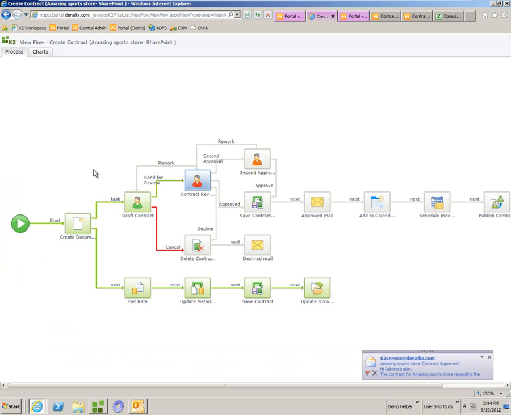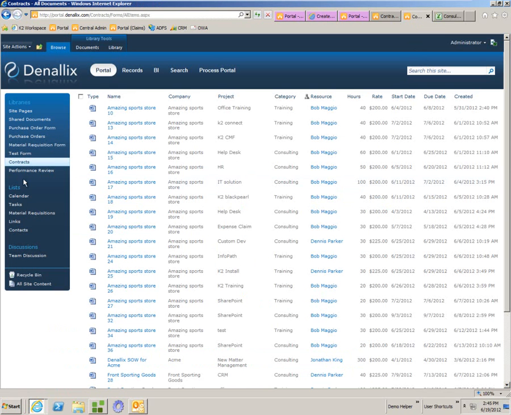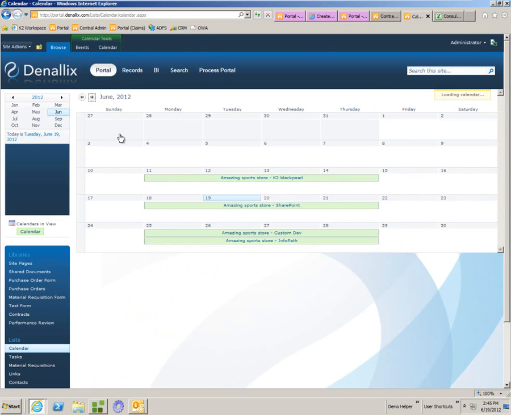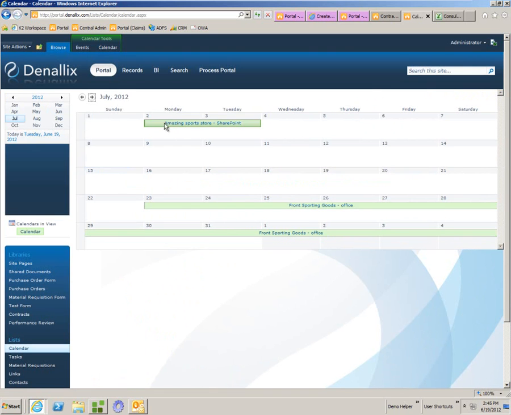So here we can see that we're starting to get some notifications come through. So Exchange has picked up, or K2 has picked up the approval from Exchange. It's going and adding items to a calendar. So we'll actually see that the start date, services start date, and end date will have been added to the services calendar for tracking purposes. And if we jump